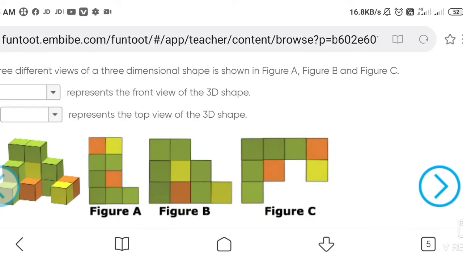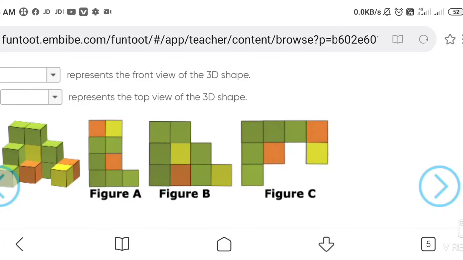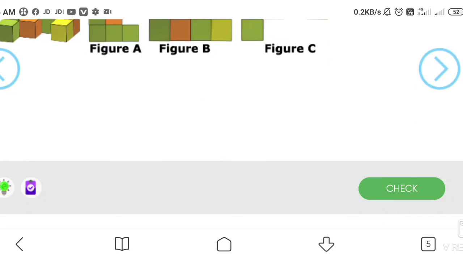Now 3 different views of a 3-dimensional shape are shown in figures A, B and C. Now, which one represents the front view of the 3D object? We have to find the answer.